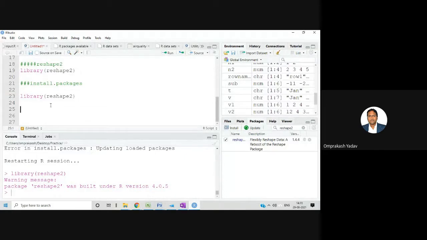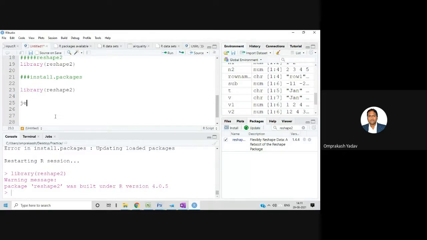Suppose you want to see what different contents are available in a particular package. You can always check the help of that one, and it will show you the different contents available in that package. Or on Google you can search for the Reshape 2 package in R, and it will show you all the contents related to Reshape 2. You can read it and see what purposes you can use it for. With commands it's also possible.